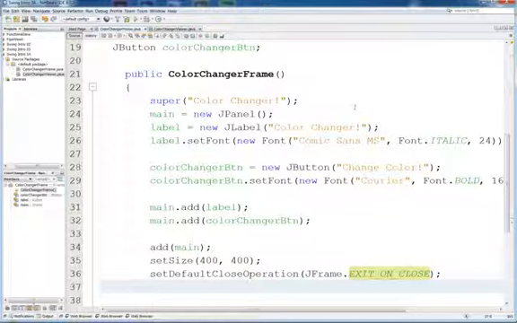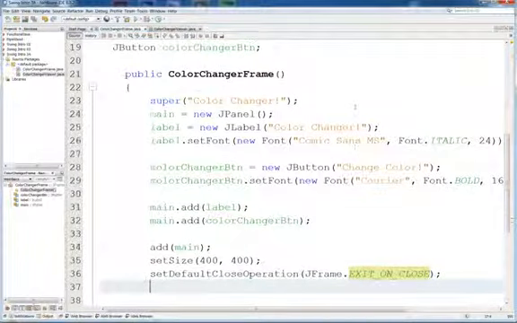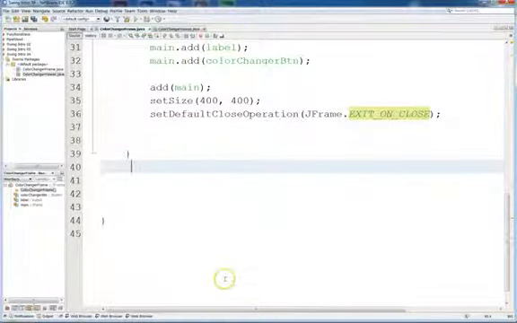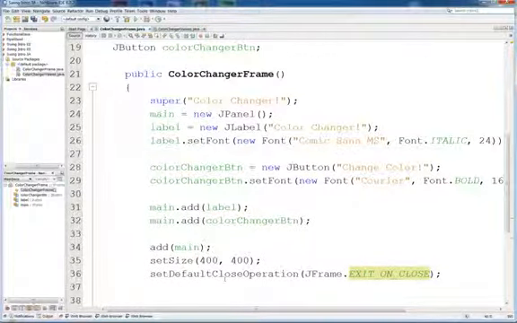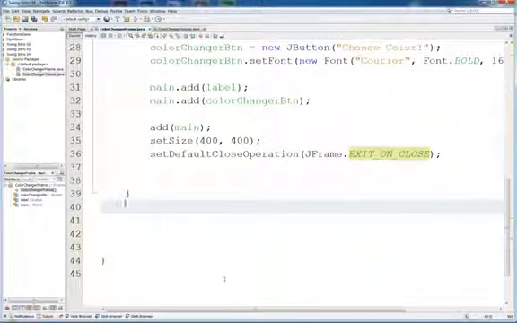And let's see where we're at on our time. 15 minutes. Okay, cool. Alright, let's go ahead and add the action listeners in. So I'm going to put those here in the color changer frame as inner classes. And so the first one is going to be hooked up to the button that changes the color. Okay, so let's see now. This is action listener